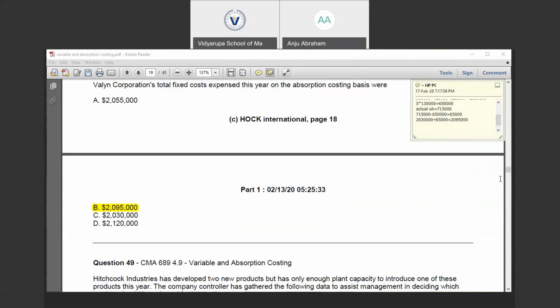If it is overapplied, we should deduct the difference. We should always take the data under actual activity instead of planned. If it is overapplied, okay, let's check. If it is overapplied, we need to deduct that overapplied overhead from the cost of goods sold in order to arrive at the actual one. We should deduct the difference. Okay, yes, we should deduct the difference. We should always take the data under actual activity instead of plan.